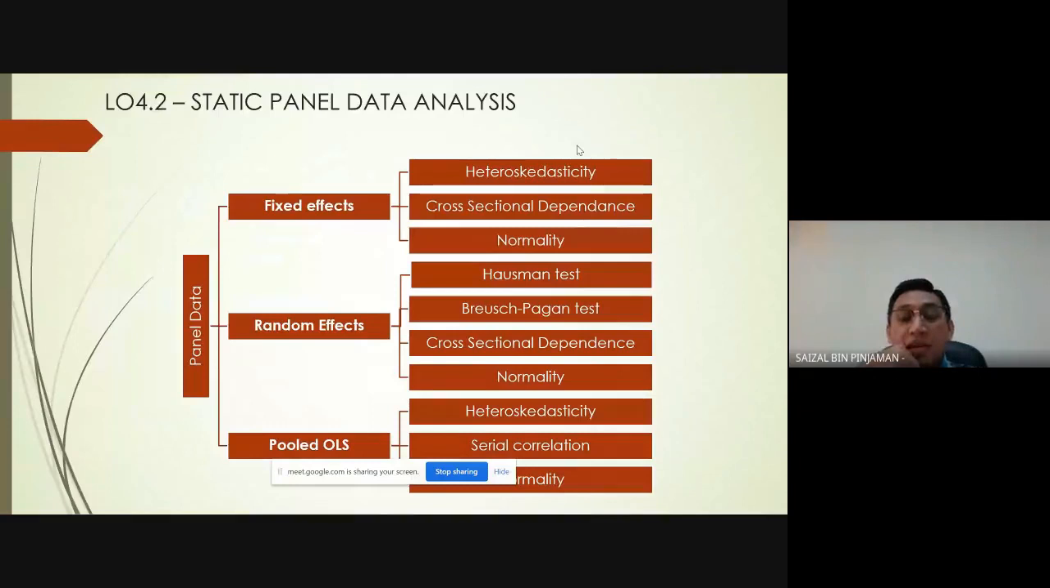That the variance across errors is non-constant across time. Apart from that, we also have to test for the cross-sectional dependence in a fixed effects model. So we assume that in a fixed effect model that the error should not be correlated across